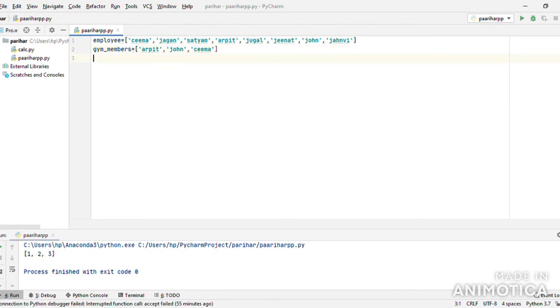And third list, developers: Jugal, Seema, Satyam, Janvi, Arpit.